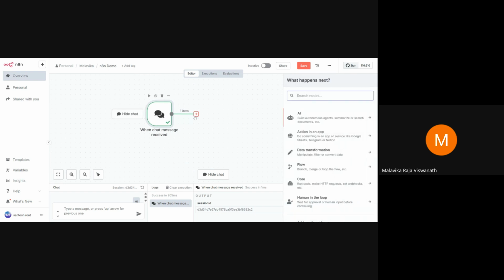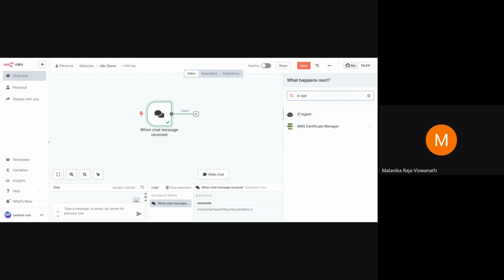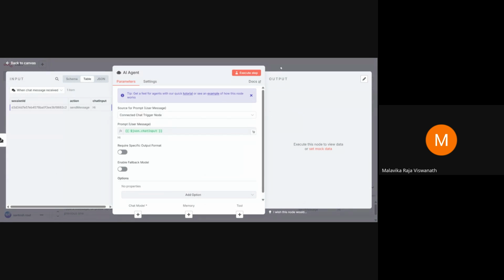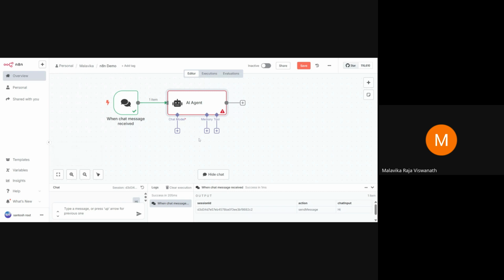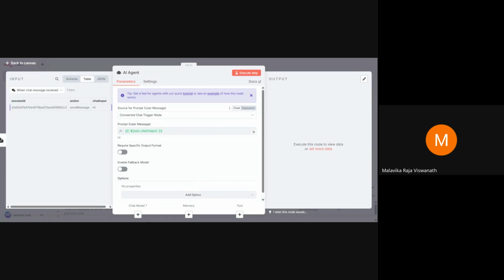To this, we'll add something called an AI agent node. This is how it looks. You can attach multiple nodes and multiple tools to this AI agent. So the first thing that we'll do is understand this part. This is an AI agent node. And on the left side,